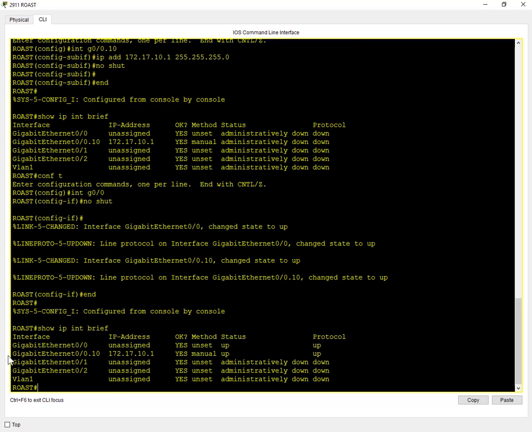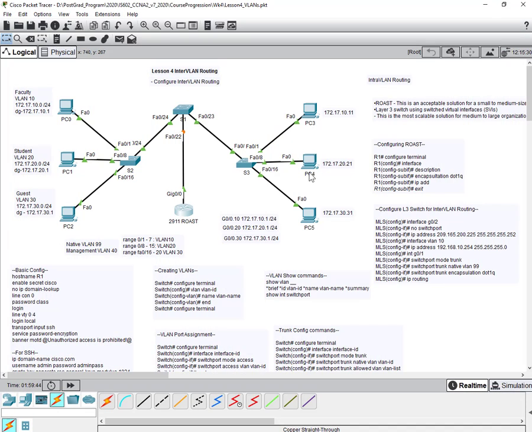You can see now that the sub interface is up. The sub interface is a logical interface. Remember, it's a logical interface, built on one single interface. Now traditionally, the old method of inter-VLAN routing was you had to create separate physical interfaces for each